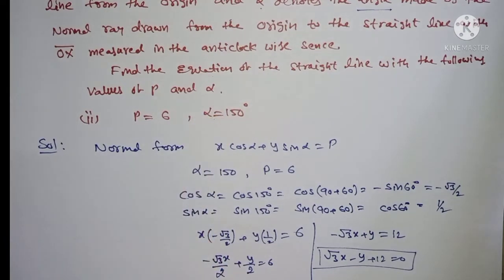Similar problems you can do by the same method. P and alpha are given, find the equation; alpha may be given as 7 pi by 4 or anything. In this question, listen to what is given. The next question is p is equal to 6 and alpha is equal to 150, same as it is. It is completed. And p is equal to 5, alpha is equal to 60. P is equal to 1, 7 pi by 4, 90, alpha is given. You can do all these problems, 6 problems. Okay.